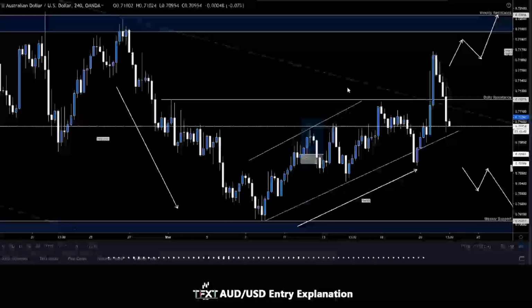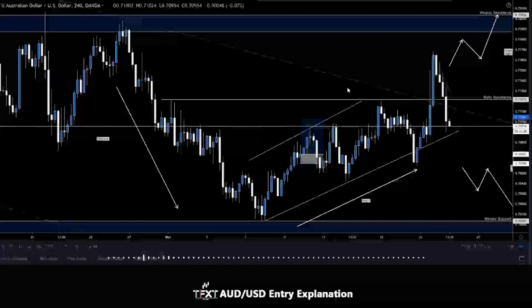AUD USD is up next, legends. And so let's get into the reasons why I took this buy. One thing to keep in mind, legends, is when I took this buy, I already took NZD USD and NZD JPY. And so one of the reasons that was really pulling me to go and take this trade was, regardless that the technicals were already confirmed for further continuation, the fact that New Zealand looks extremely bullish,